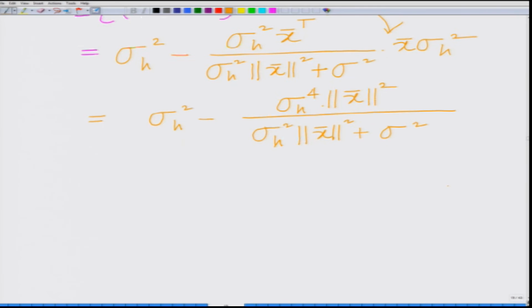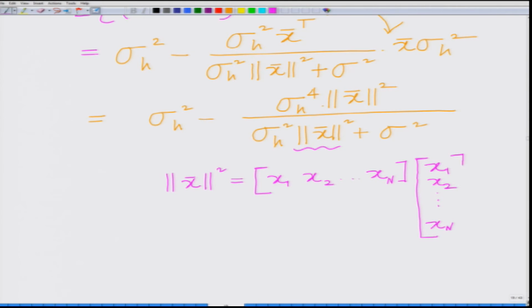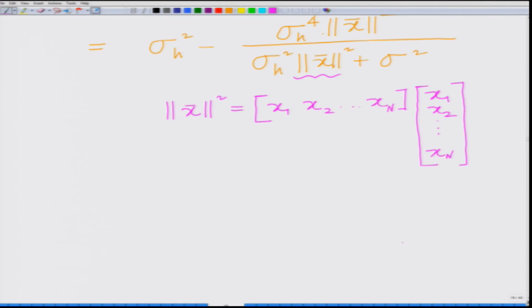And in case you are wondering, norm x bar square is nothing but the row vector x1 x2 ... xn times the column vector x1 x2 ... xn, and this will be equal to x1 square plus x2 square plus so on plus xn square. And later when we consider the complex scenario, all you have to do is replace